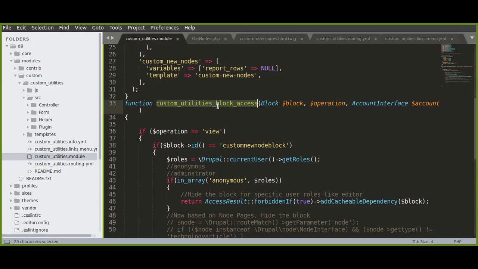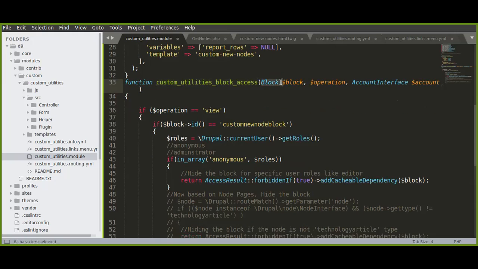Okay, there are many possibilities to handle this kind of permission level functionality. Within that, this is one of the ways we can achieve it. So hook_block_access. These are the arguments we need to pass. The account interface we need to pass as